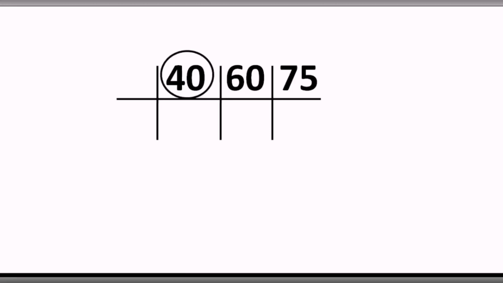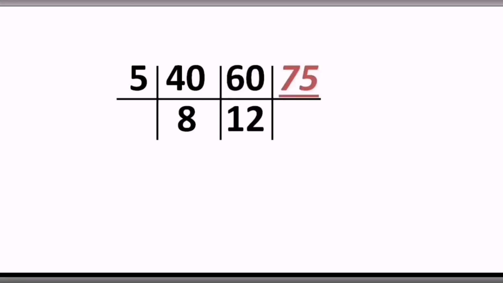Okay, so the next numbers are 40, 60, 75, and this is the easiest question I can say, because all the numbers, see, if you check the units place, we have 0 and 5, and whenever 0 and 5 is there in the units place, that means these numbers are divisible by 5. Okay, so when you divide 40, 60 and 75 by 5, how much do we get? When you divide 40, we get the answer 8. Okay, when you divide 60 by 5, we get the answer 12, and when you divide 75, you get the answer 15. And now we are left with 8, 12 and 15 as our bottom layer.